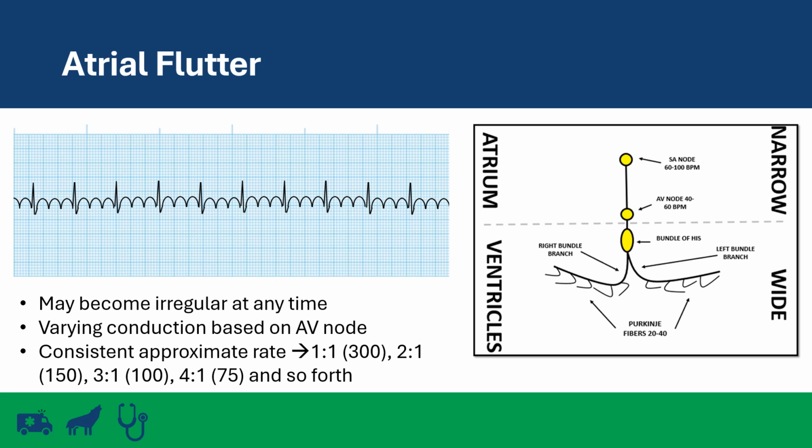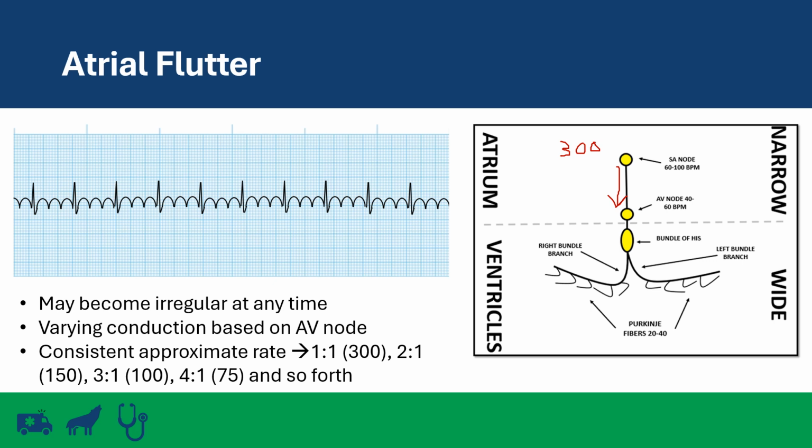So in atrial flutter, the atria are sending too many impulses down to the AV node. Typically this is going to be at least 300 impulses per minute. Now remember that the AV node is the gatekeeper to the ventricles. Its job is to send an appropriate amount of impulses down. So the atria has gone haywire and it's sending out way too many impulses down to the AV node, about 300 per minute. Now in atrial flutter, the AV node is able to block all but some of those,